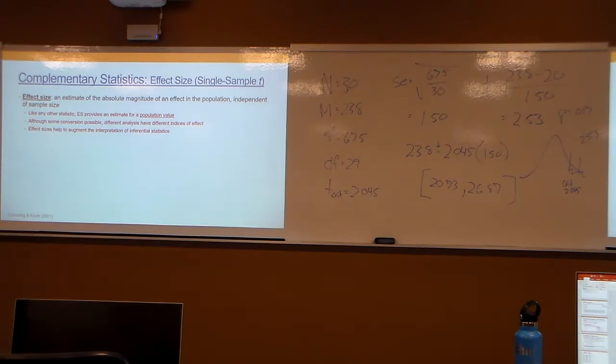What would be nice is if we had some way of calculating or estimating the magnitude of an effect in our population, and this is where effect size comes in. Thinking about this in terms of the absolute magnitude of an effect, remember that any statistic we calculate from our sample is just an estimate of the population value, right? Somewhere out in the ether, there is a real estimate of the population difference between